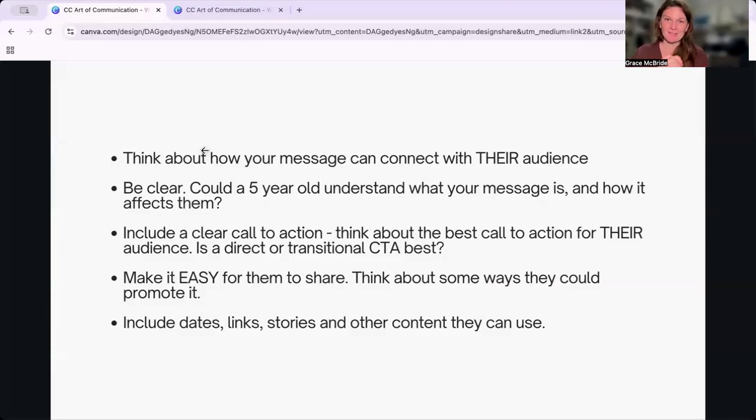These five ways. Firstly, think about how your message could connect with their audience. I don't expect you to be a pro at understanding their audiences, but let's use the Community Expo example again. Say you want to talk to the local footy club because you want to encourage teens and kids to come along with their parents.